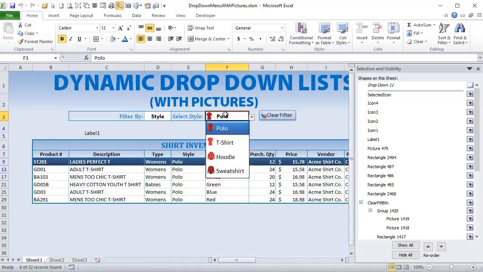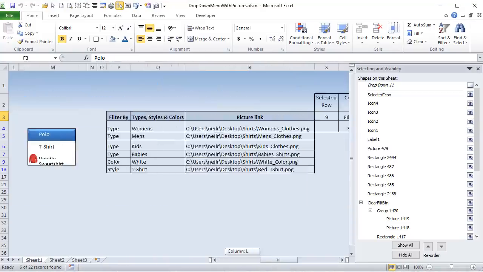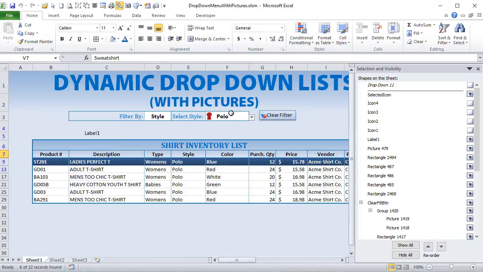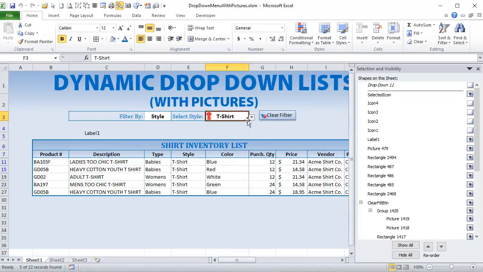F3, what is that? V4. What is V4? Well, V4 is our first value. It's V4, V5, V6, or V7 based on whatever the user has selected. And this is going to be used. So we want to have that value so that if in this case I selected t-shirts, I want